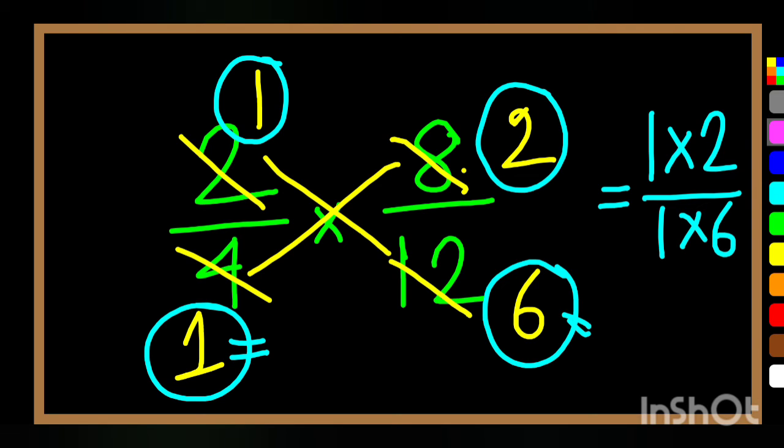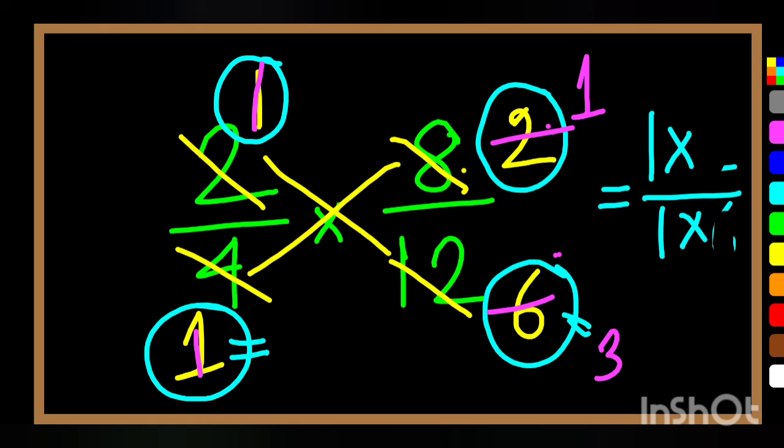Now as I said, we will try to reduce the fraction as much as we can. Now here in the numerator and denominator both the places are occupied by 1. So we will check this one also, 2 and 6. See, 2 and 6 can also be reduced by 2. So after reducing the numerator 2 by 2 we are getting 1, 6 by 2 we are getting 3. So here we will write 1 into 1 for both of these fractions' numerators we are getting 1, and here 1 and here 3. So 1 multiplied by 3. So in the answer it is coming 1 by 3.